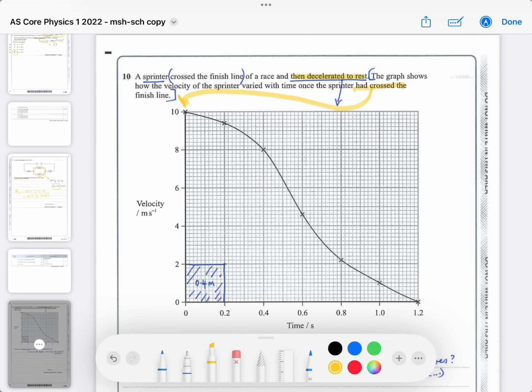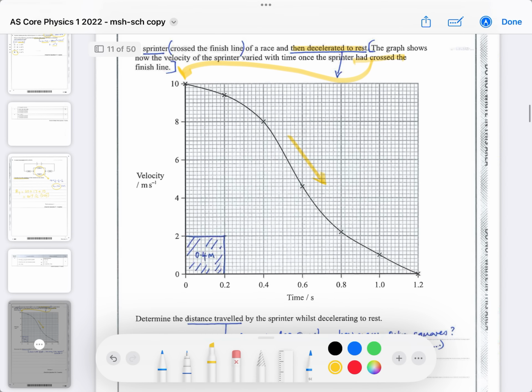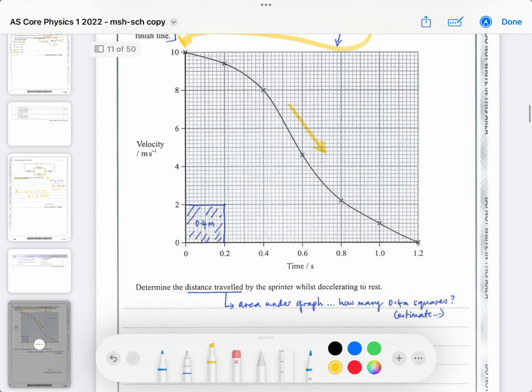So this is the finish line. So you can see he's decelerating. Initially he decelerates gradually. The deceleration is the greatest around here. But they want you to work out the distance traveled while